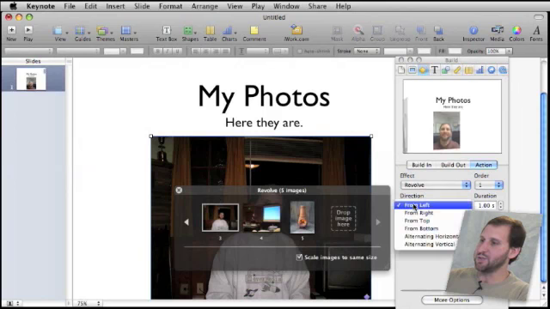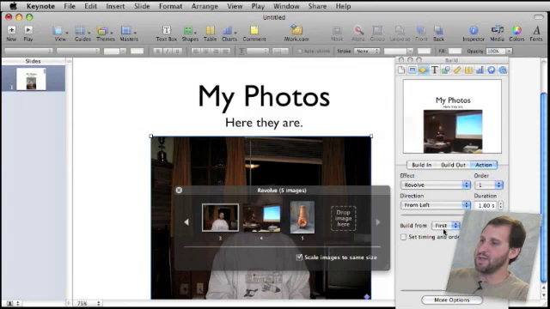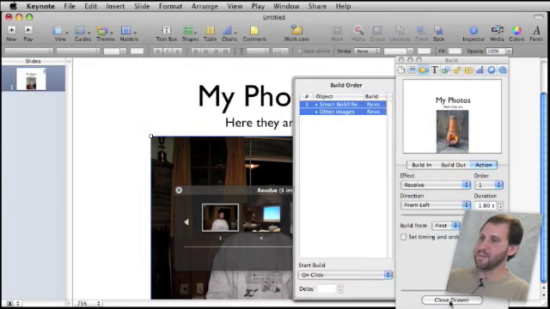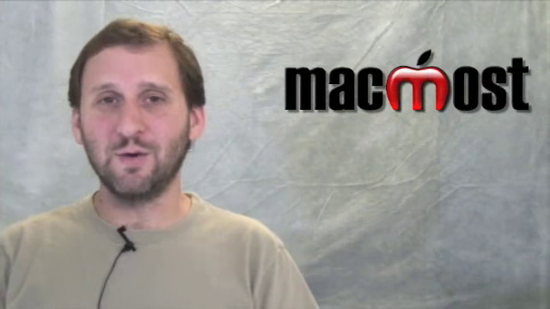I can also change some things about each one and see previews of them right here and how they're going to work. I can change the order, duration, the order to build in, things like that. Select timings for each build, and all sorts of other options. I can go ahead and change the order of the smart build if there's other things on the slide as well. So smart builds can really make building Keynote presentations a breeze, especially if you're doing a presentation that involves